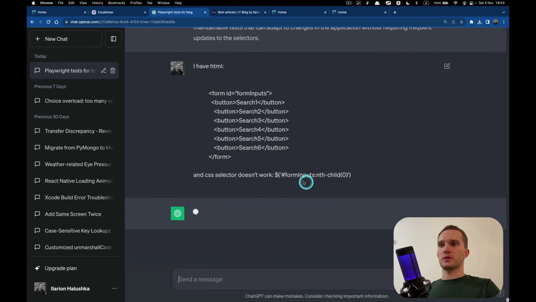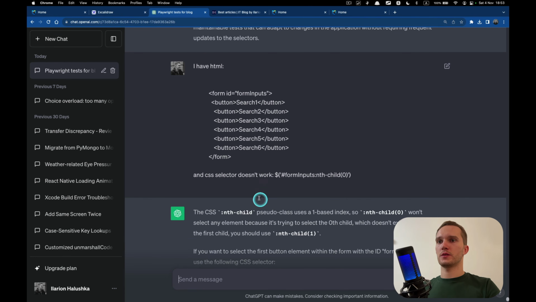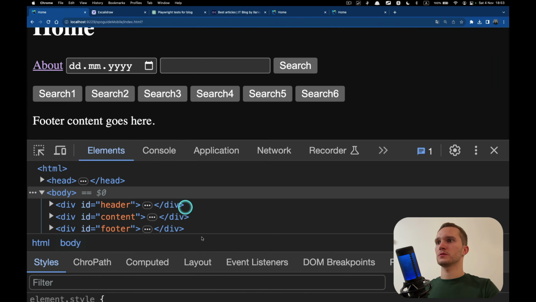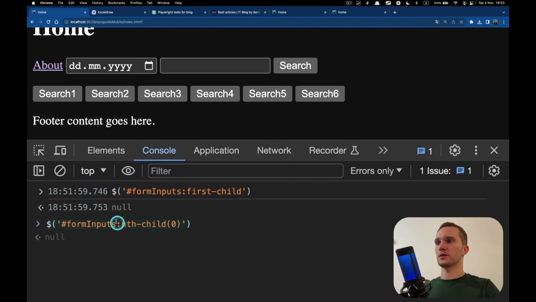What this thing will tell us: nth child. All right, we have to specify that we want this to be a button.